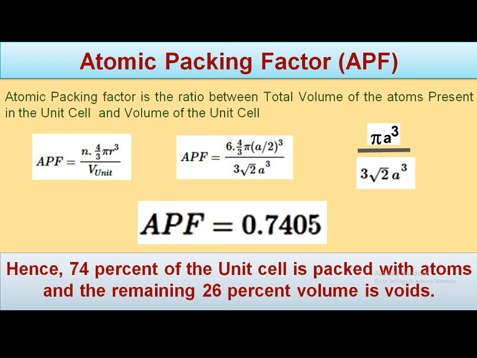So this is the highest packing factor among all these packing systems, whether simple cube, body center, face center, or hexagonal close packed structure. Face center cube also has a packing factor of 0.74. Both have equal packing factors. So these two are the closest packing systems.